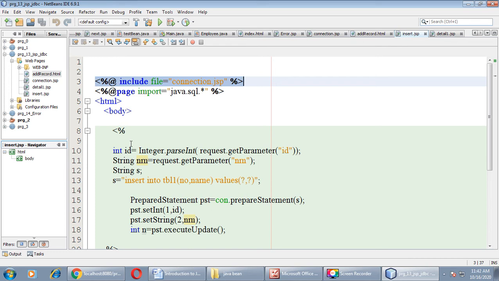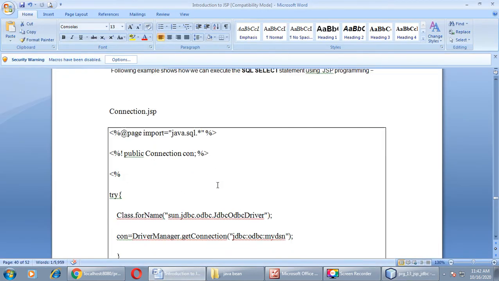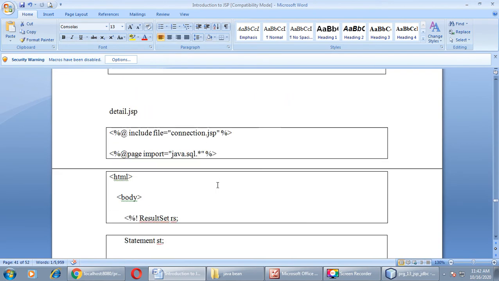I have not done the delete process, that you can do yourself. Even update, that also you can do yourself. So keep on practicing this also. This is important for practical exams. So note down this program properly in your journal. Here our topic, JDBC connection, is over.